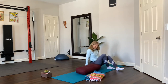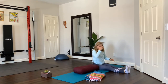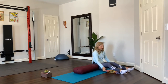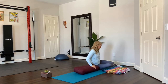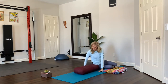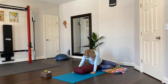I want you to sit perpendicular to the pillow. Legs are straight out, and use your blanket, that can help so your ankles are comfortable. You're going to bring your heels underneath or behind you like that. This is behind the wall side. Bring the bolster up, and then place your hands on either side of the pillow, and walk it